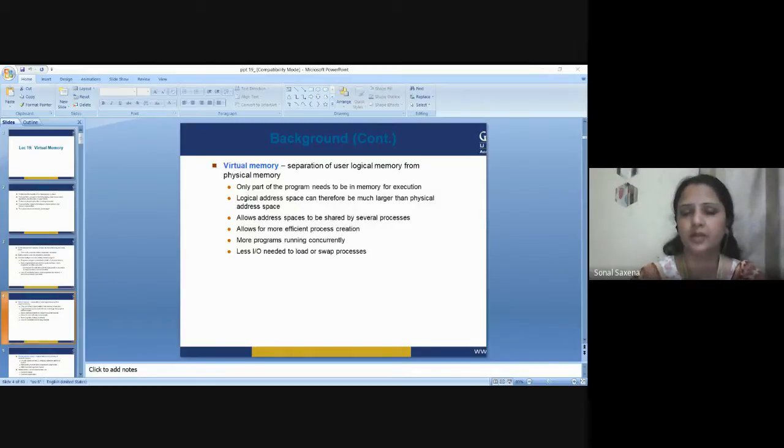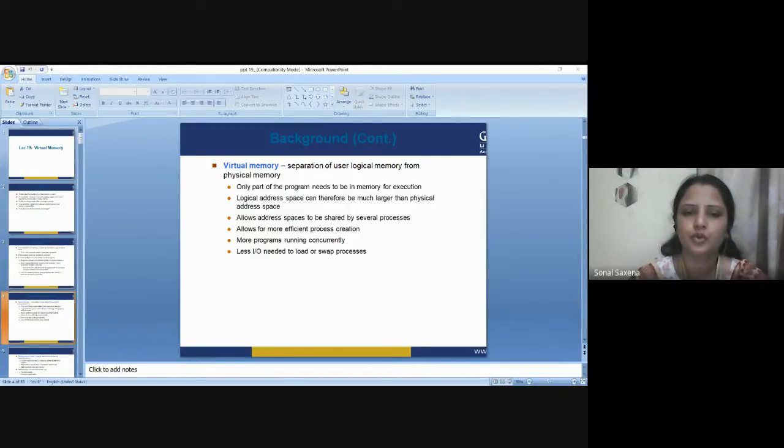However, the memory is not that large, but it always gives the illusion that the memory is very large. Now, the computer's operating system uses a combination of hardware and software, where it maps memory addresses used by a program, called virtual addresses, into the physical addresses in the computer memory.